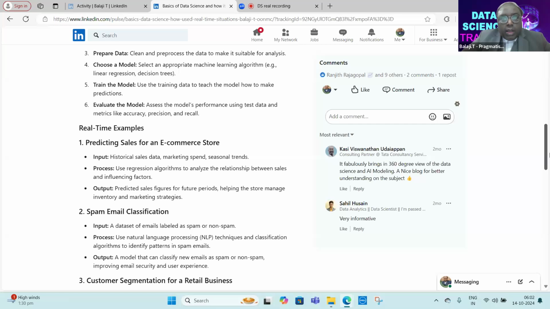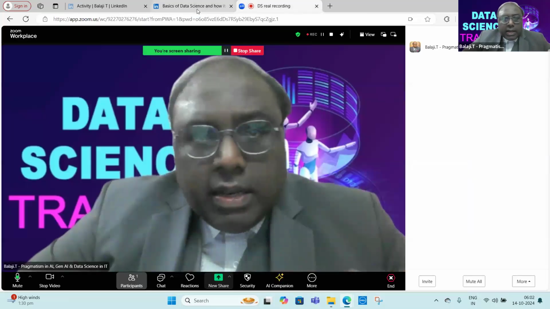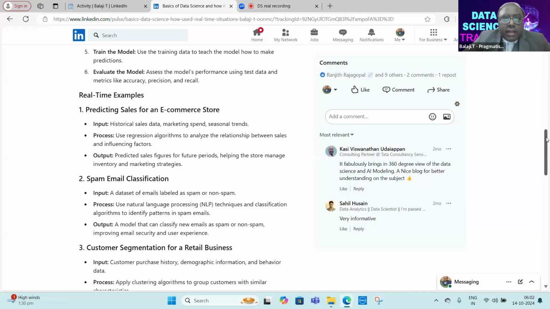Now, in this particular thing, what are some of the real time examples? For example, predicting the sales for an e-commerce company, for example Amazon or Flipkart.